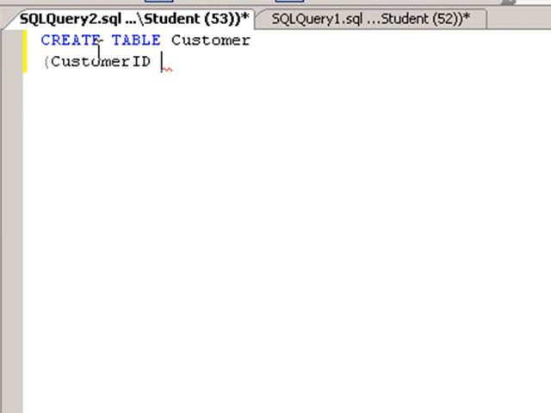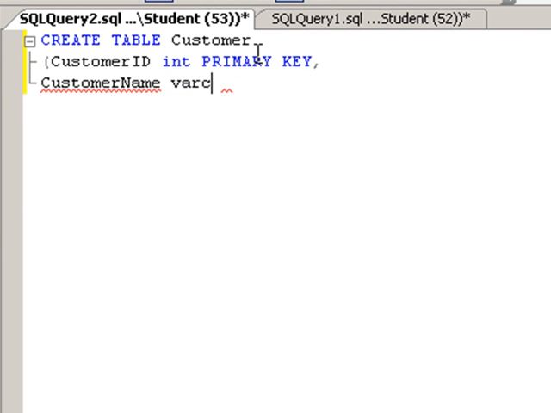CustomerID, which will be an int as the primary key, and then we will say CustomerName, which is a varchar 50, not null,